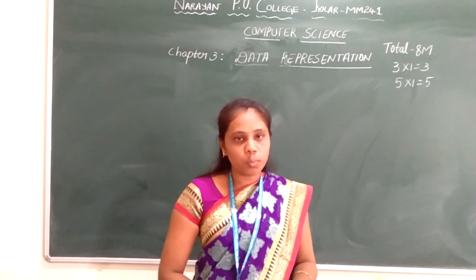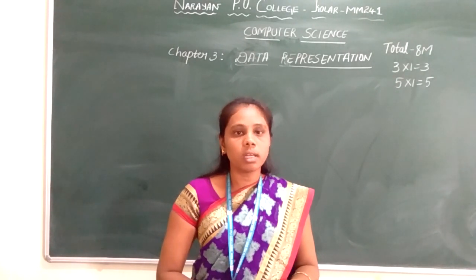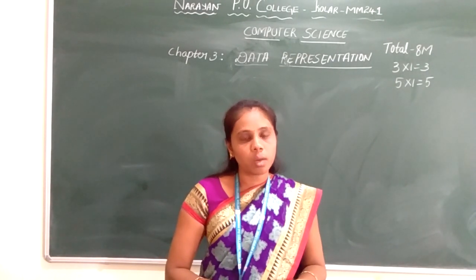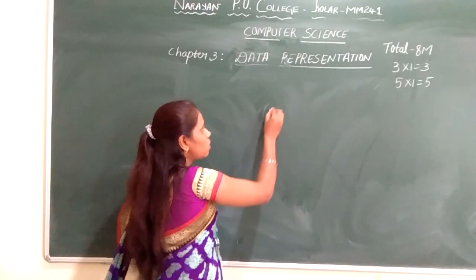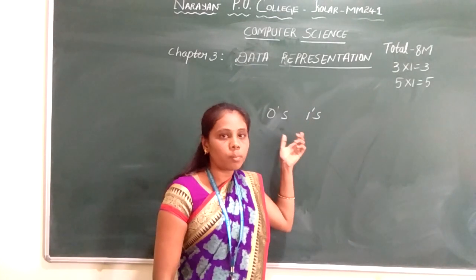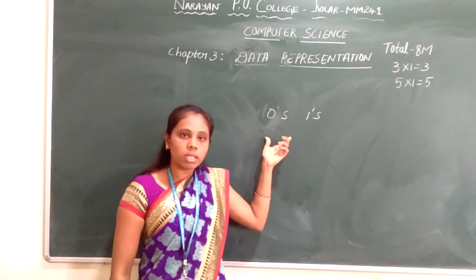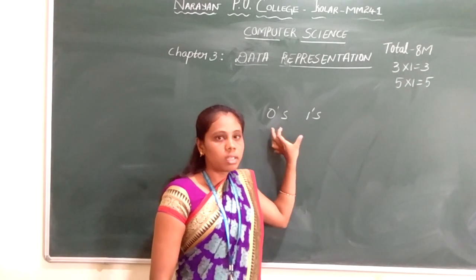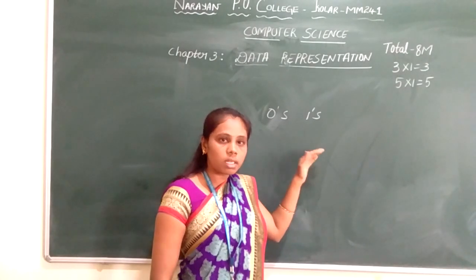Why? Because when we feed any data to the computer in the form of digits, letters or any symbols, these symbols will not be understandable by the computer. Why? Because the computer understands only binary values, that is zeros and ones. Apart from these binary values, the computer will not understand any other digits. So whatever data we are feeding to the system is internally converted into zeros and ones. We call these binary digits. How this data will be converted, we will see in the next session.